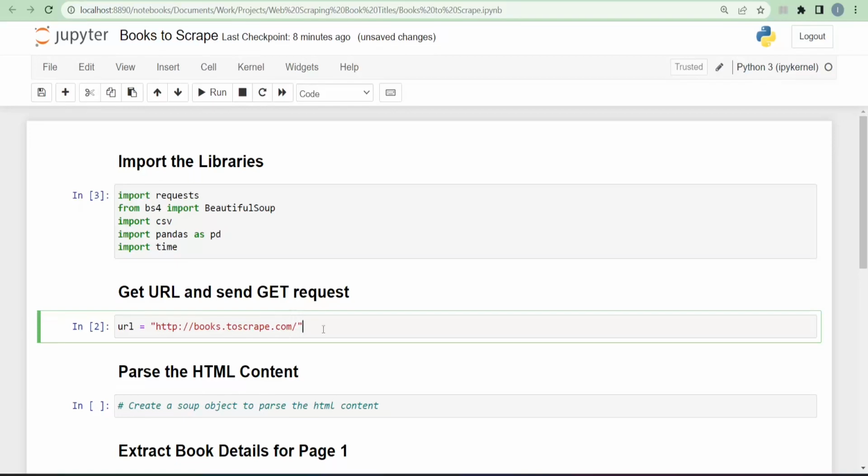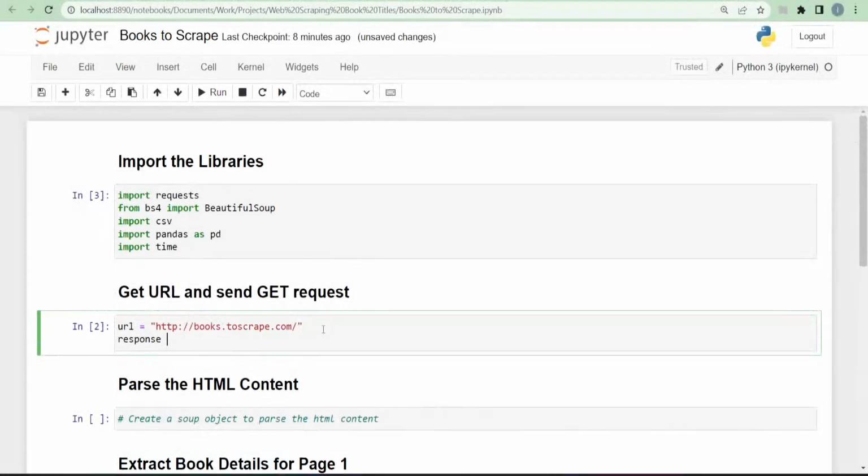A GET request is a way for your web browser to ask a server for information. It's the same as asking someone for directions to a place. You give them the name of the place, in this case our URL, and they give you back information about it. In this case it's the HTML code for the web page. We'll create a variable called response, which will store the response you get from the website. This is where the requests library comes in. So response is equal to requests.get, and you put in the URL between the brackets. So when we run this,